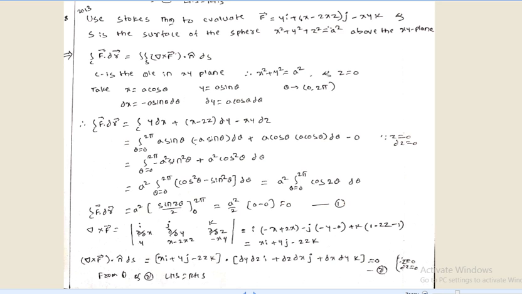But we know that z equal to 0, dz equal to 0, which means every term contains z or dz here, so all terms become 0. So the right hand side is also 0. So from equations 1 and 2, the theorem is verified. Stokes theorem verified, that is LHS is equal to RHS.